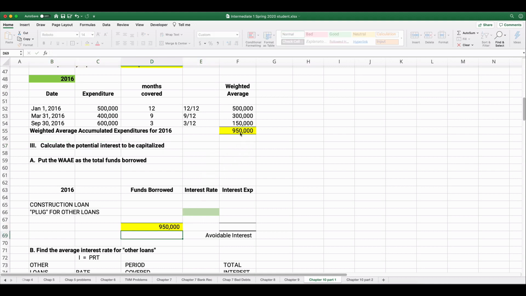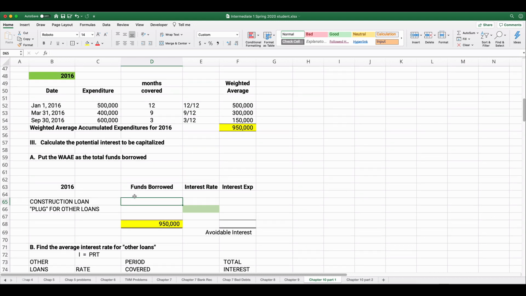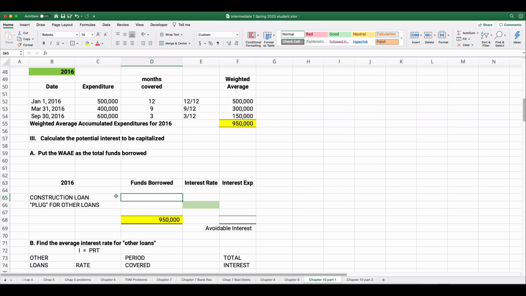We're going to calculate the potential interest to be capitalized. We're going to put the weighted average accumulated expenditures here as the funds borrowed. So we're going to do basically a what if. What if we had borrowed that money using the construction loan? Well, how much was the construction loan? The construction loan was $1 million, so it completely covers